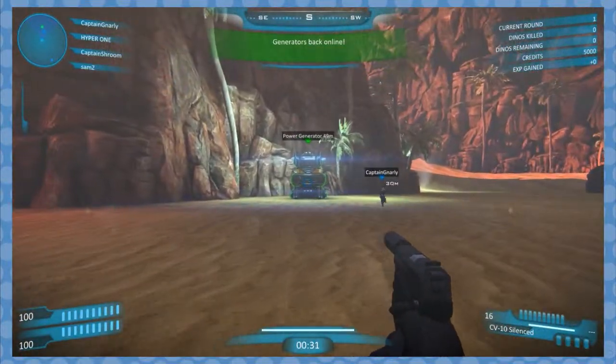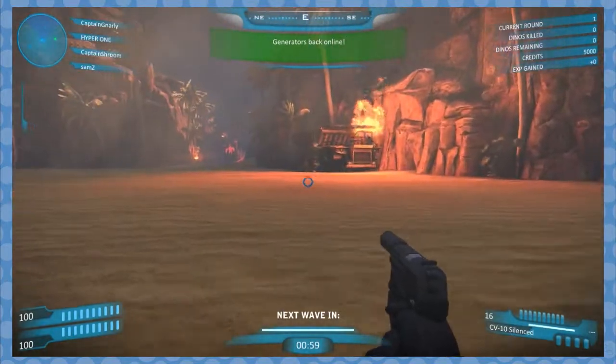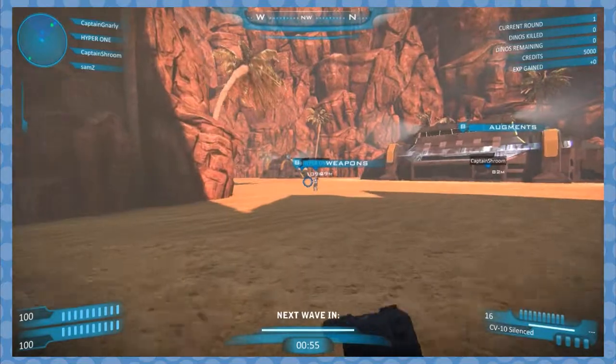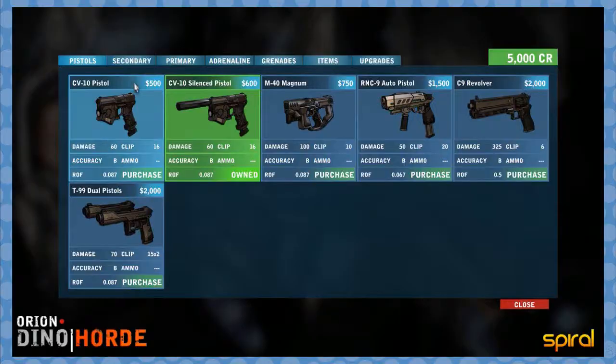So this guy over here went and turned the generators back online. I'm guessing that's going to call the next dinosaurs in. We have a next wave in 58 seconds. I'm going to go take this opportunity to go pick up some weapons. Here's our weapons menu. This is a lot better than just the random weapons laying around last game. We're going to grab the auto pistol, and we're going to grab a...